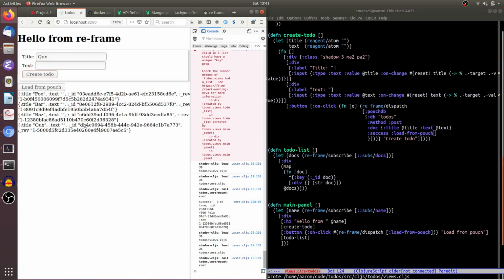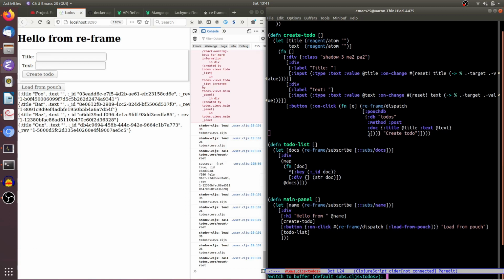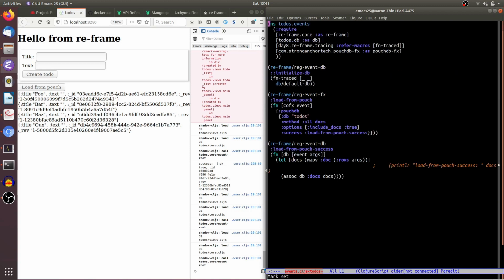But even that's kind of the old school way of doing things, right? Of I change my underlying data, and I have to remember also to do a reload or whatever. And Reframe's really all about using cascading events driven from your data to build your app. So in fact, we want to get rid of that line altogether. And instead what we're going to do is take advantage of PouchDB's change watcher. So if we flip over into events.cljs, what we can do